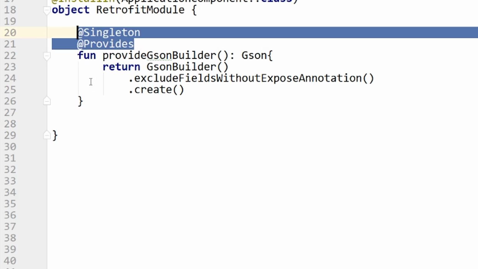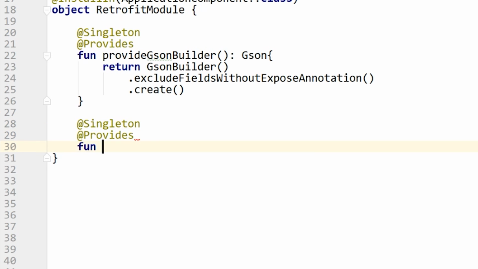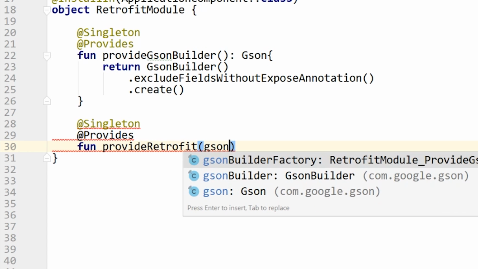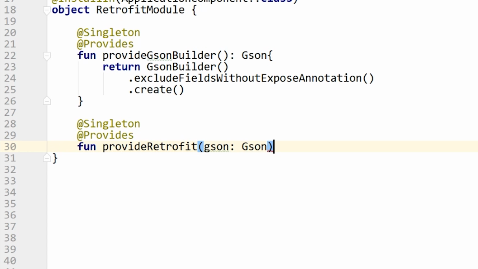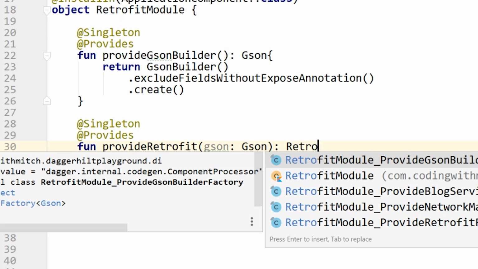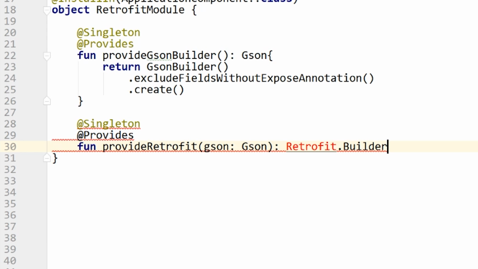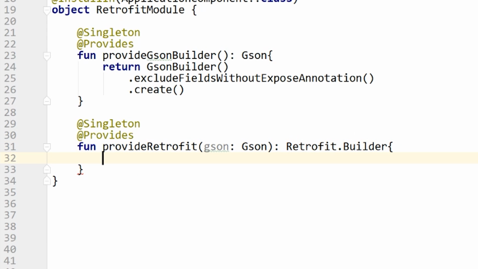Now I'm going to copy the @Singleton and the @Provides, and paste that down below. I'll do provideRetrofit. And I'm going to take the Gson object as input. So Hilt is smart enough that it can find that dependency and accept it as input here. And I'm going to return a Retrofit.Builder object. So getting that import,